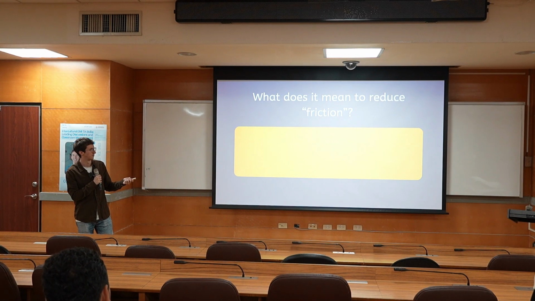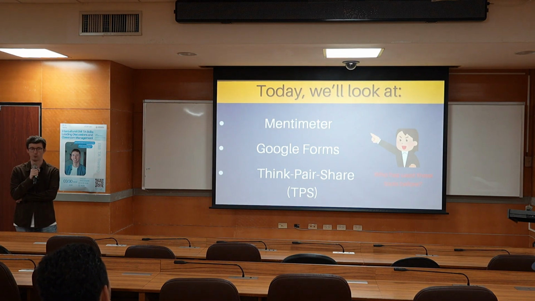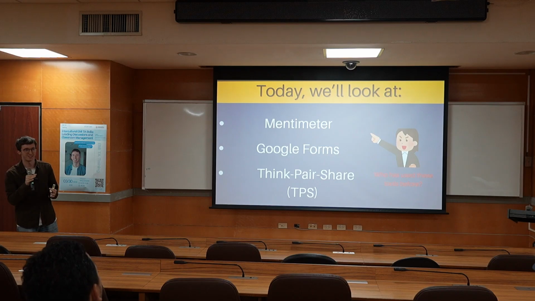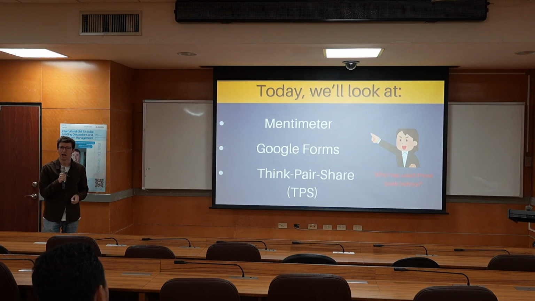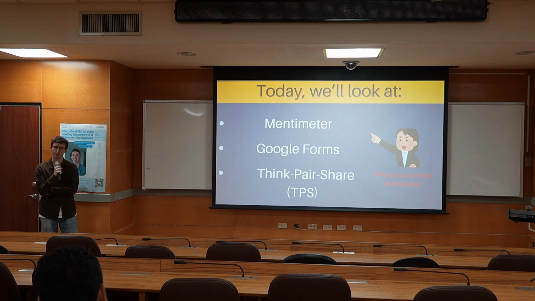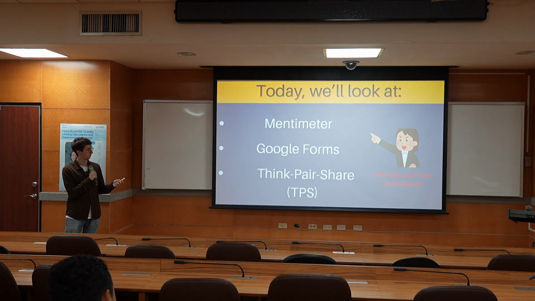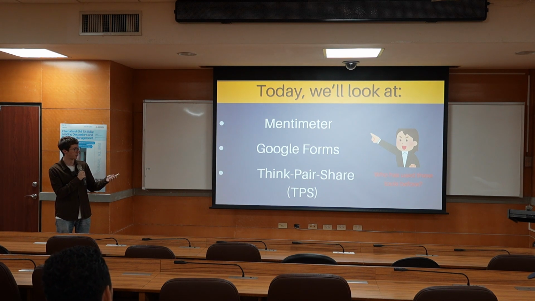Okay. So the three tools that we'll look at are Mentimeter, Google Forms, and then a very basic teaching strategy called Think, Pair, Share. I think to some extent, we've probably all done these three before, at least Google Forms and Think, Pair, Share. Mentimeter is also pretty common now, but if you haven't used it, we'll explain it. I use all of these in my workshop. So let me just get right into it.